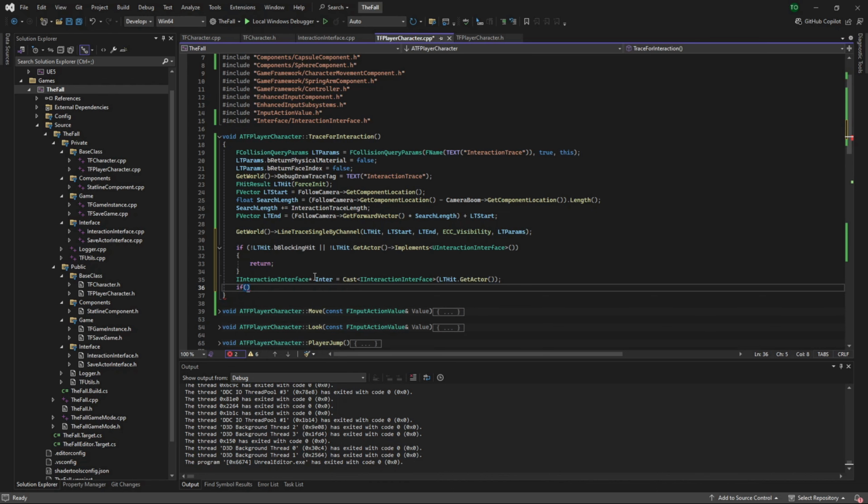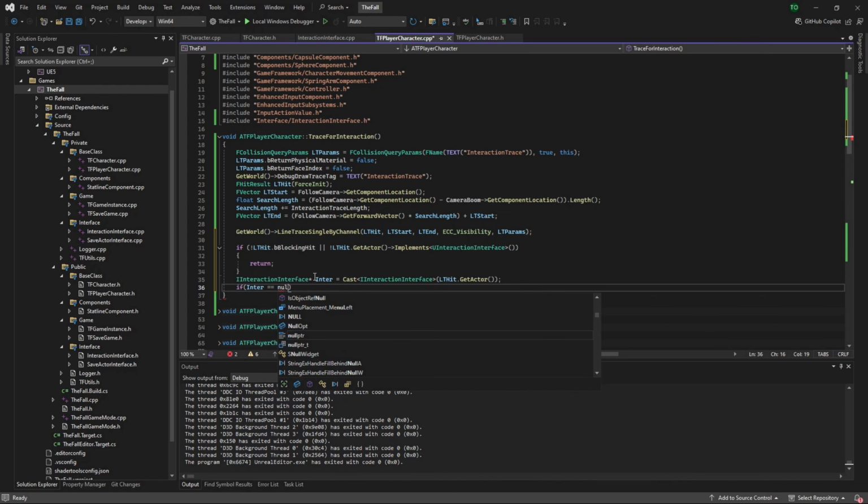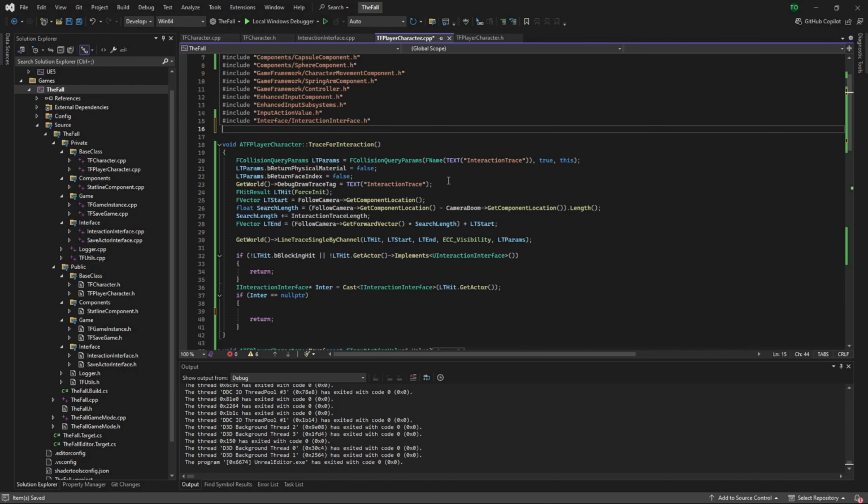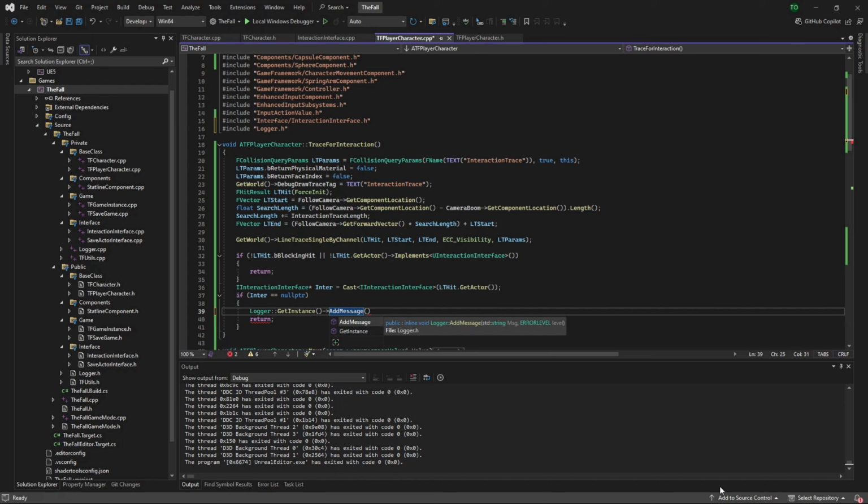And then just like before, if inter equals nullptr, we have an issue here. We're going to just return, and we can do add logging. Actually, we don't need to do that. We've covered that now. So we're actually going to add that in here. We're going to include Logger.h, and here we're just going to go Logger, get instance, add message, not dot, it's error, add message